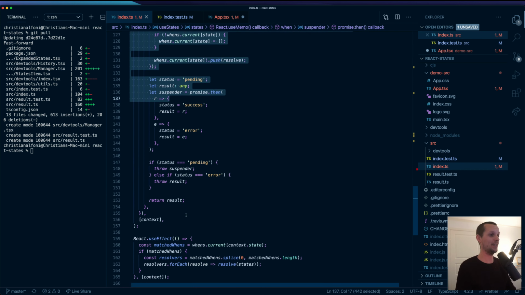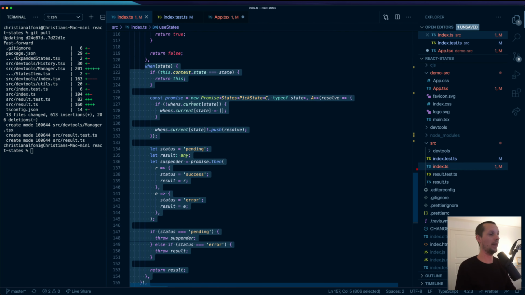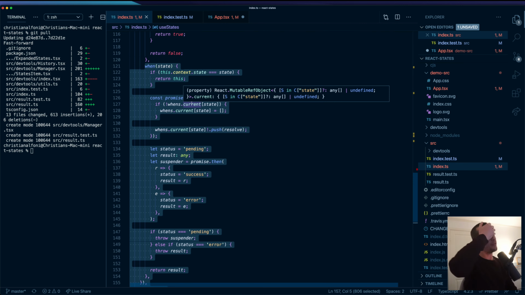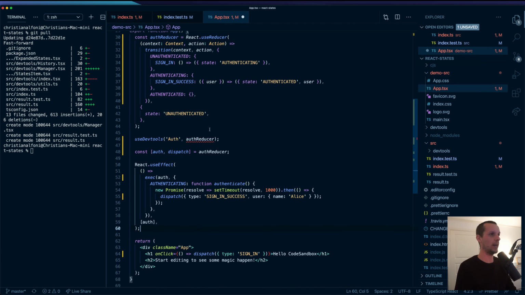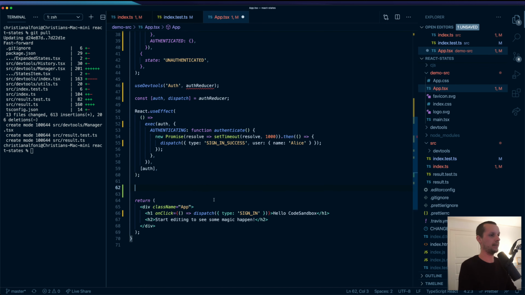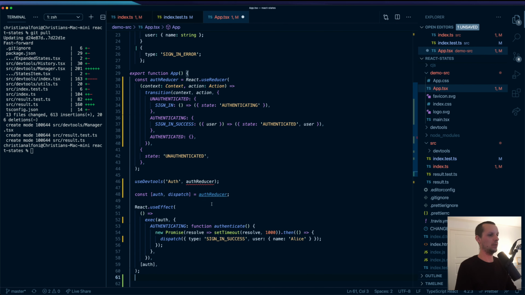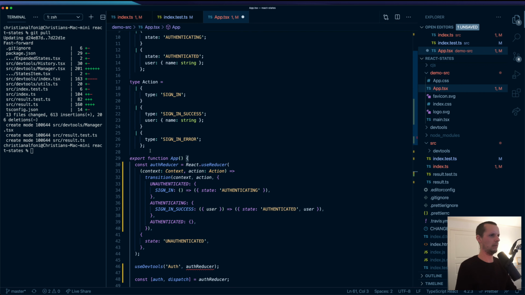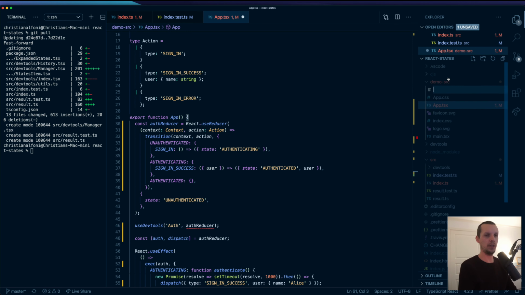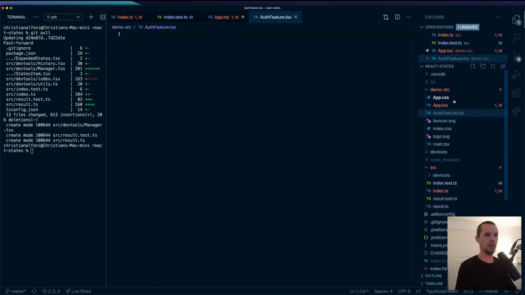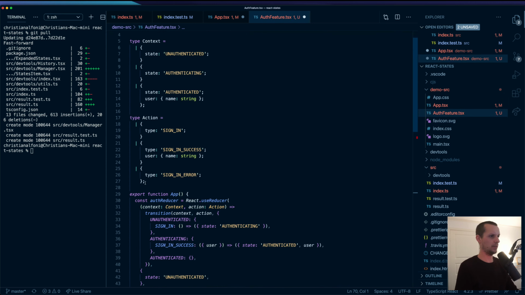But this one's interesting, the when. So this one is using throwing promises. So it's suspense ready, but I think this would have to be expressed as, we have to make, okay, let's do this properly. So we will create an auth feature app. So we're rather going to say